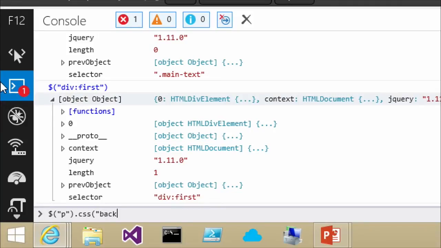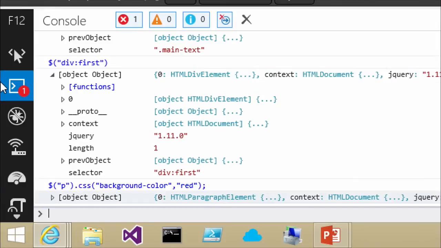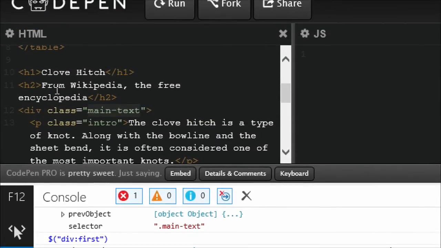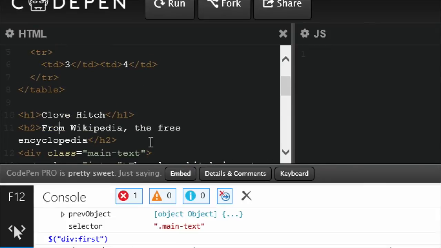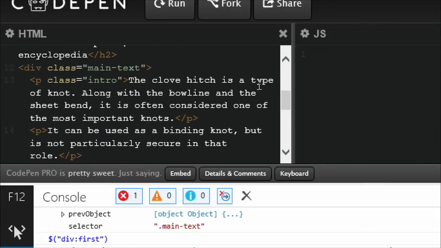So I could come in here and change, say, the background color. I'll change that to red. If I run just this one, let me copy it so I have it. If I run just that one piece, it does absolutely nothing. Where's the, oh, right, I need outputs. So in CodePen,